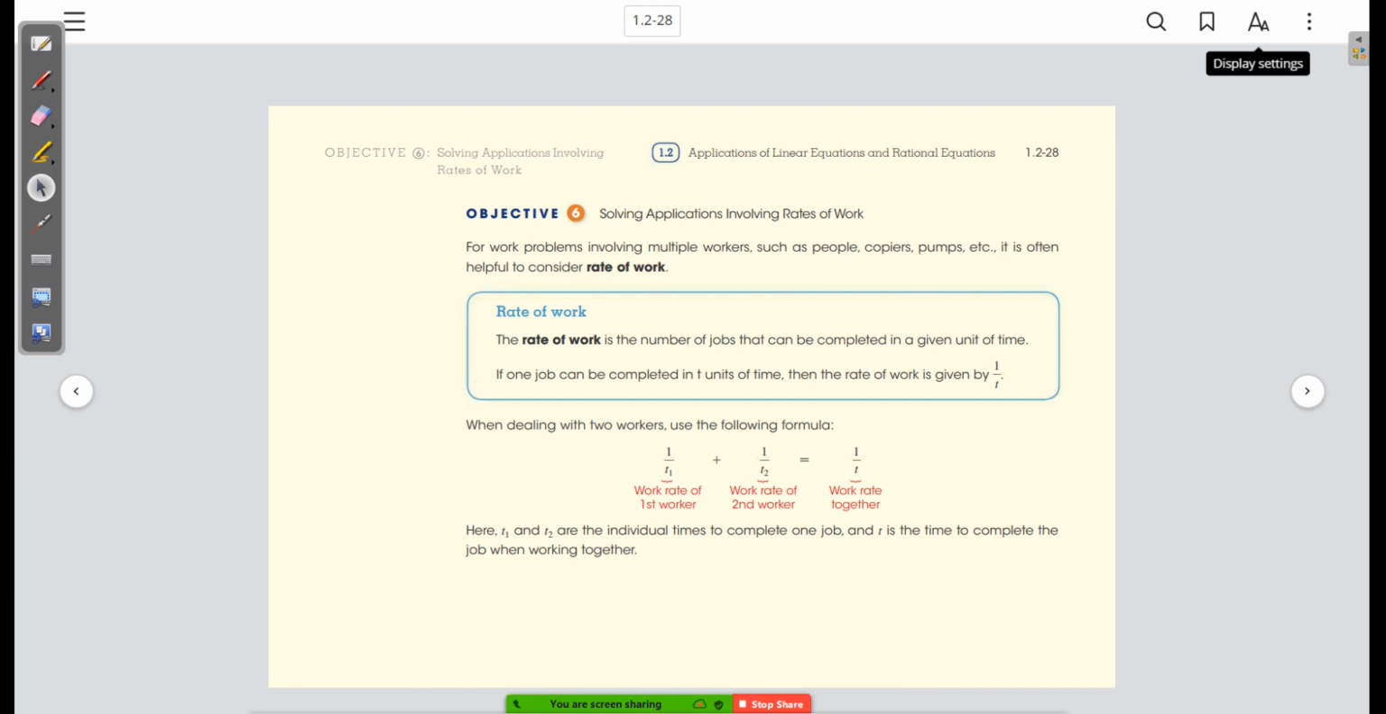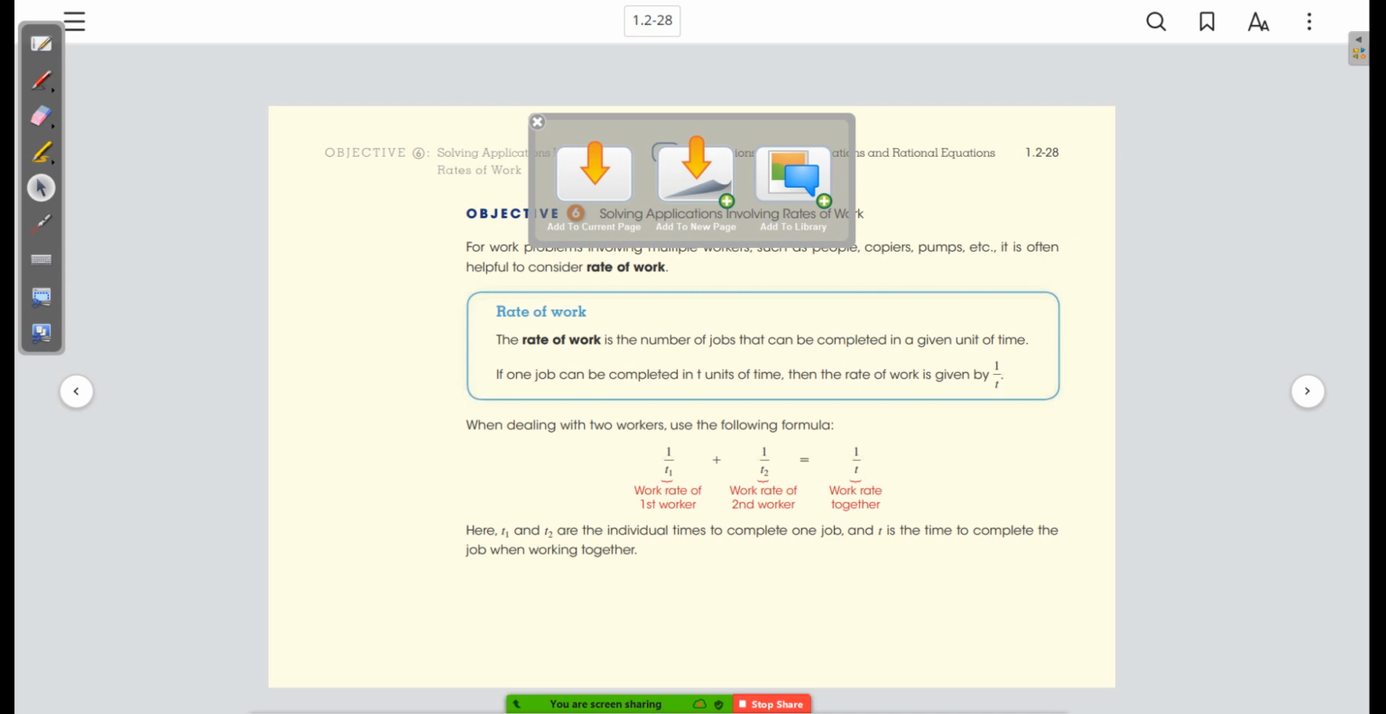For work problems involving multiple workers, such as people, copiers, pumps, etc., it is often helpful to consider the rate of work. And I will say, to further add on to the YouTube video saying most U.S. college students cannot solve this basic math problem, for those of you that are unaware,